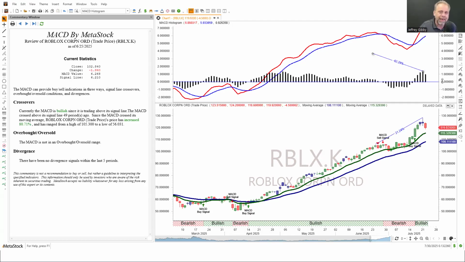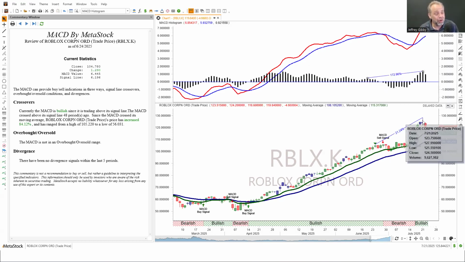But if that was what was happening, Dr. Elder would have some very strong words about that signal. He would call it the most powerful signal in all of technical analysis. He would also call it the breaking of the backs of the bulls. Okay, a very, very bearish signal. At that point, we'd be looking, okay, we're running out of momentum. MACD divergence is one of the things that he wrote as one of the scans in Metastock, as part of his Elder disk, but it's one of the most powerful signals he looks for. So in that particular case, we don't have one on Roblox.